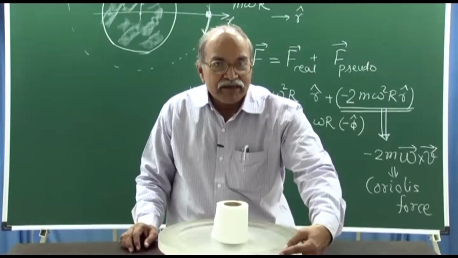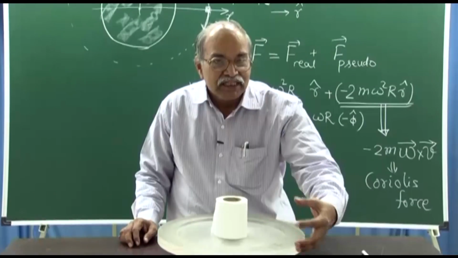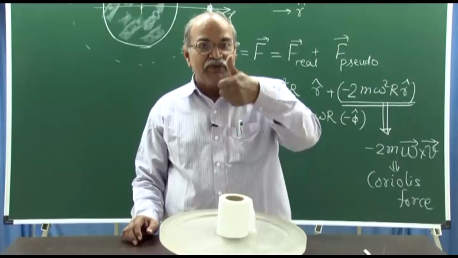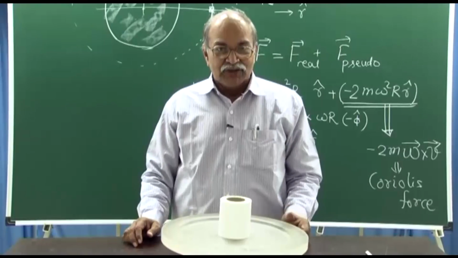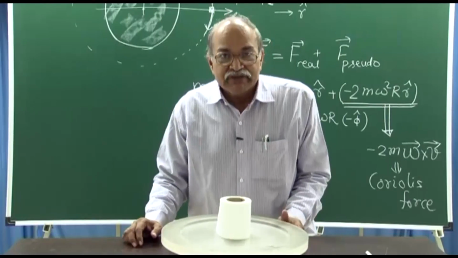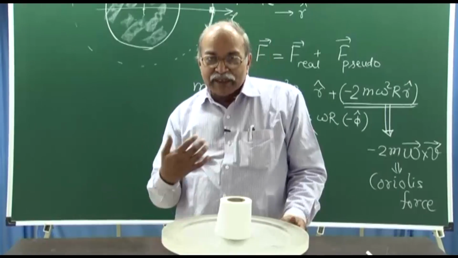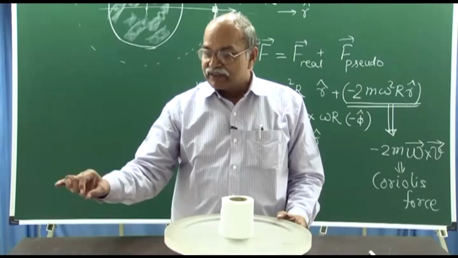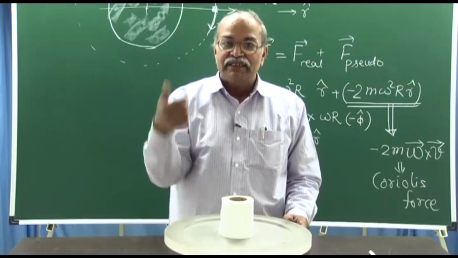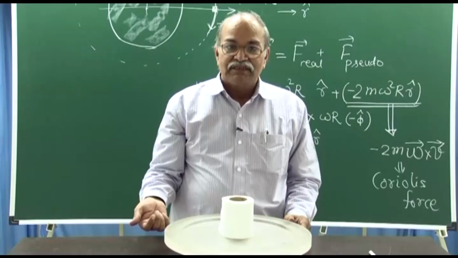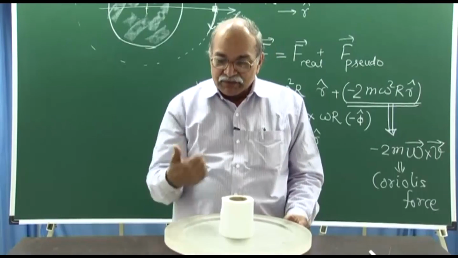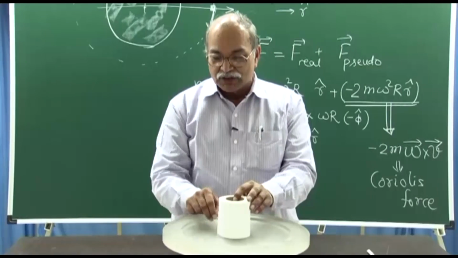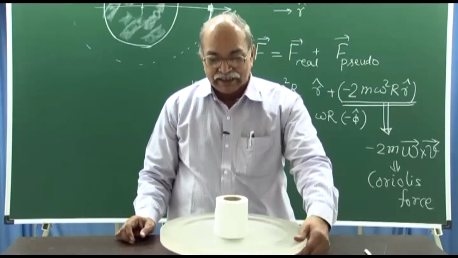So, if I rotate it with my left hand so that it goes in anti-clockwise direction, omega will be vertically upward, and then the Coriolis force direction will also reverse. So, now the Coriolis force will be towards me. If I am looking at this end, the velocity will be this, omega will be this. So, omega cross V with a negative sign will be towards this. So, in this situation it should not open up because the Coriolis force will be in this direction. Let us say,